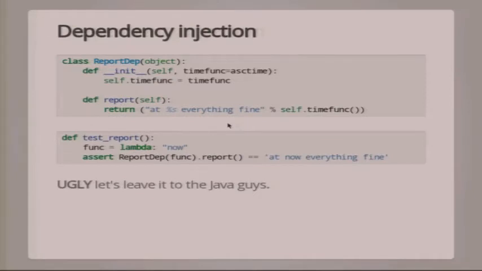One way is dependency injection. Dependency injection is a technique that allows you to remove hard-coded dependencies. In this example, I make ask time a default parameter, and otherwise I can pass something else. So in a test, I can simply pass a lambda function which returns what I want, and then I can test this. I don't particularly like this approach in general, because unless it makes sense for production code to